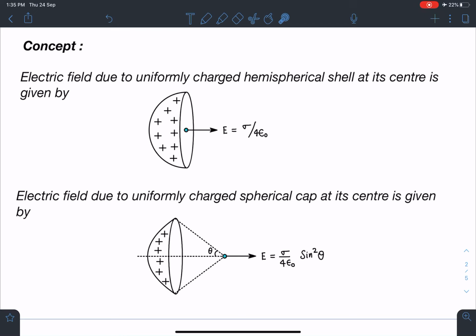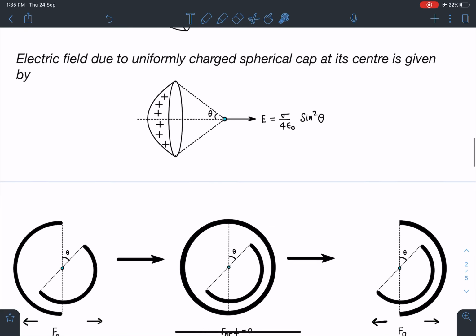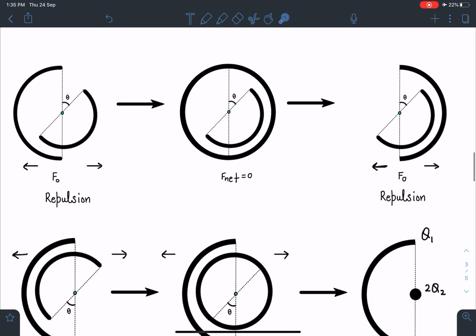Let's move on. We are going to solve this question almost with zero calculations, just by mental calculation. Here is the orientation given, and since both the shells are positively charged, I can say whatever the force is, it must be repulsive in nature. That's my first feeling about this problem. So I'm taking that assumption, and I don't know the value of it. I'm calling this force F naught. Its magnitude is F naught, whatever its value, and this F naught is what I have to calculate.